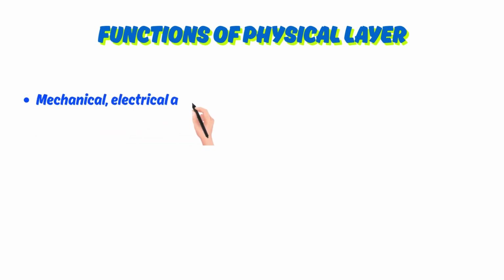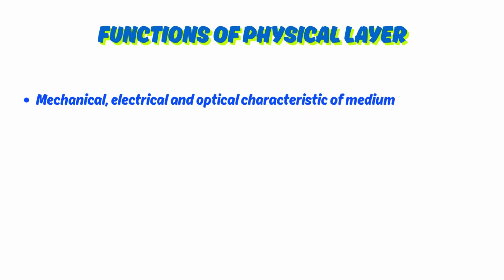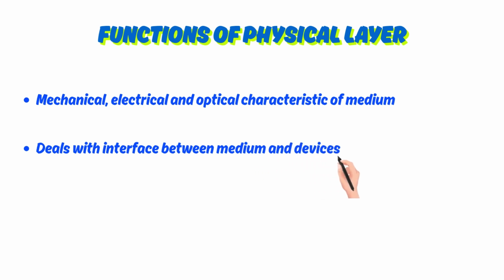The physical layer deals with the characteristics of medium like their material, structure, shapes, or ways of sending data. This layer also deals with the interface between the medium and devices. It means how cable will be connected to the connector and how they will be plugged into the connecting